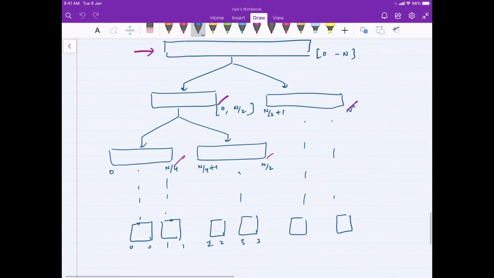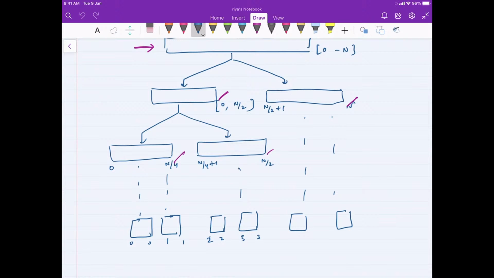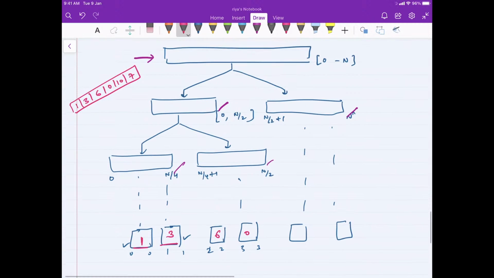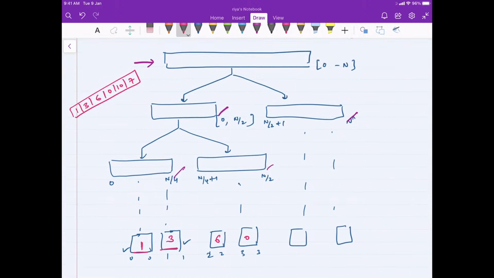Now what I already know is, right, are these values, correct? अगर मुझे एक array initially दे दो which contains, let's say, 1, 3, 6, 0, 10 and 7, so I already know all these values, correct? मुझे पता है कि first index पे क्या है, second पे क्या है, third पे क्या है, and simply moving on forward, right? This is what I already know. So what I will do is, right,